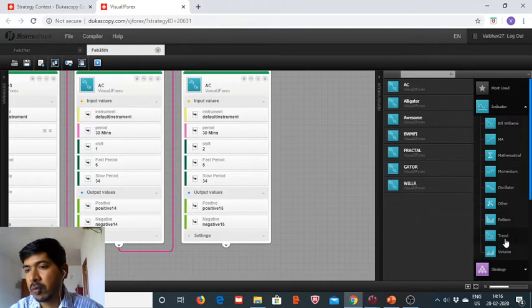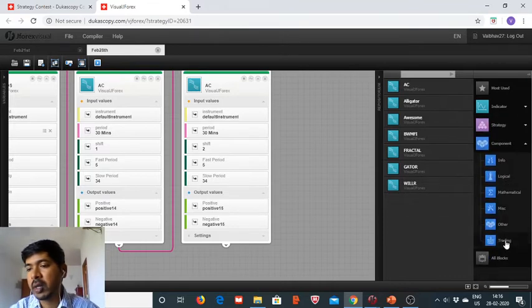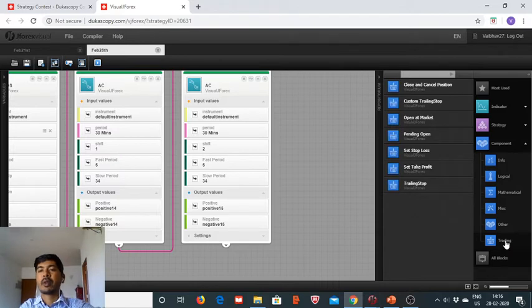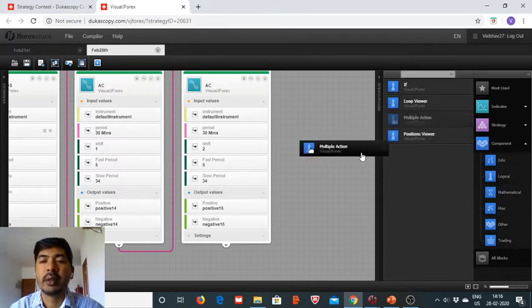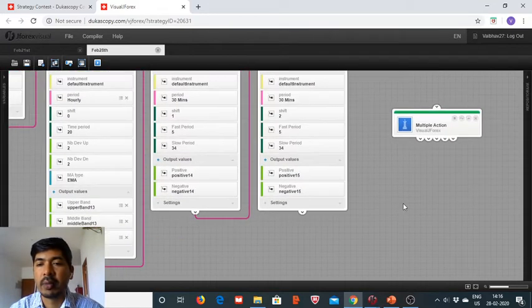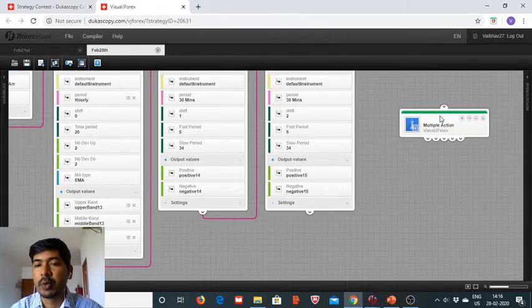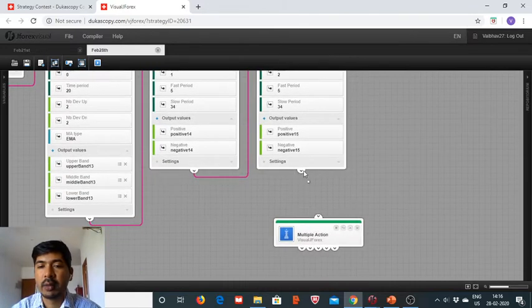We try to find the trading and multiple action. I think it's in logical. Yes, it is in logical section. And multiple action, we will put it on the lower side so that